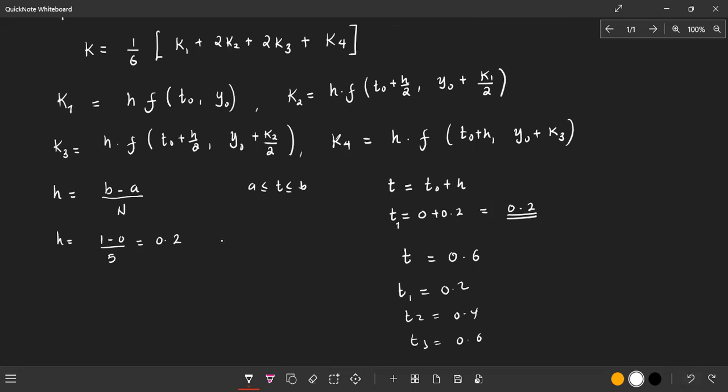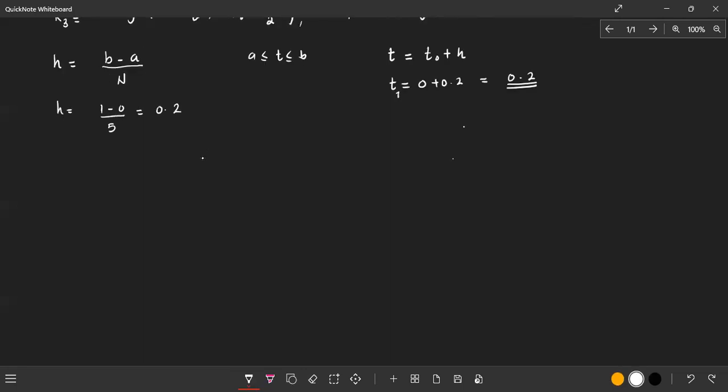Since we're given t is equal to 0.2 here, we just have to do one iteration because our step size is just equal to 0.2, just one step will reach that point. So we don't need to do more than one iteration here. That's what I mean when I said iteration. So now let's go ahead and find those values of k. That's the first thing to find. So our k1,